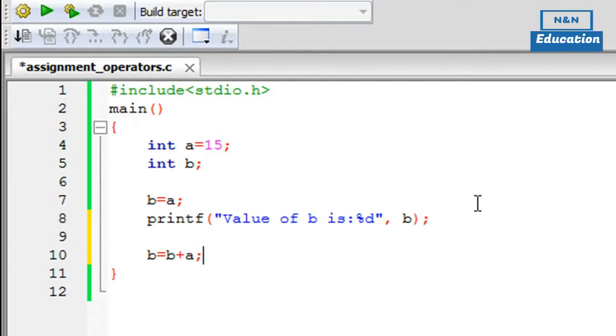So that is what we're going to check out in this tutorial. That is what we want to know. So the way you do that is by typing in the addition symbol first and then the equal to symbol, and then type in the name of the variable that has to follow. So in this case it will be a. So you put a semicolon at the end, and if you use printf to see what has happened,